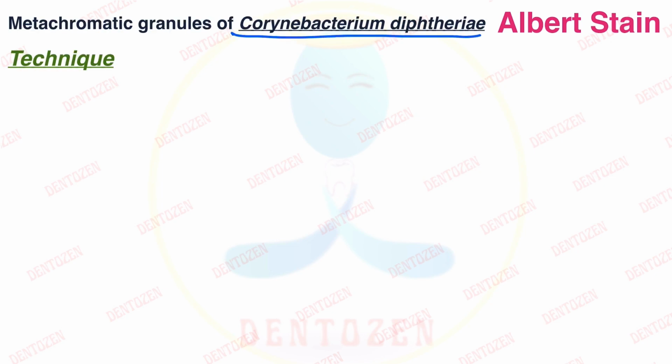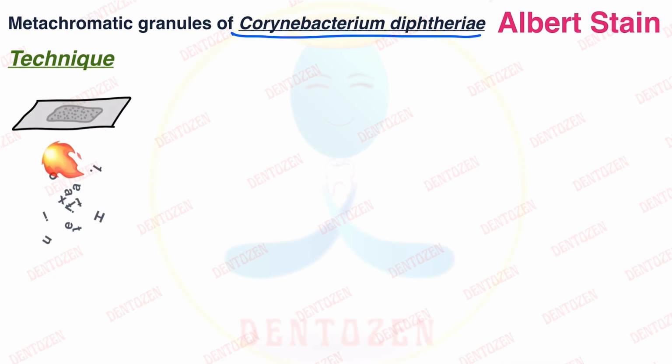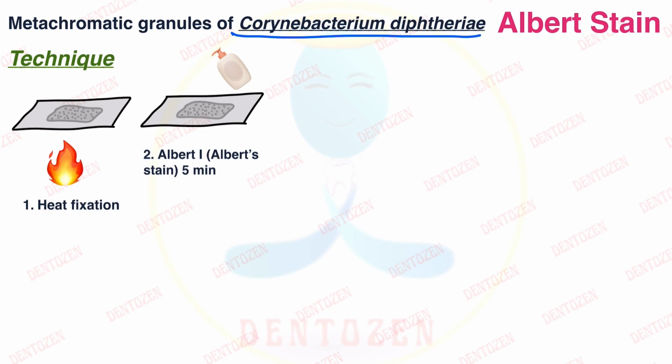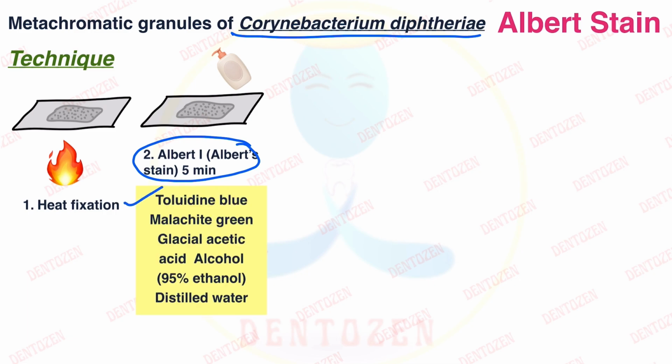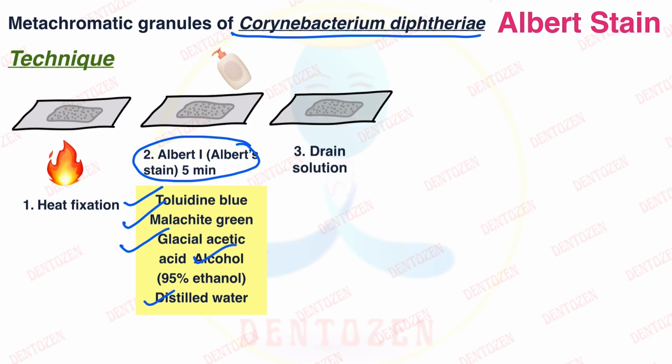So the technique is, again we have two stains. First step, prepare the smear and heat fix it. Second step, first stain will come, that is Albert 1 or Albert stain, which is put for 5 minutes. This stain contains toluidine blue, malachite green, glacial acetic acid, alcohol and distilled water. After that we drain the solution, and then we bring the second stain, that is Albert 2